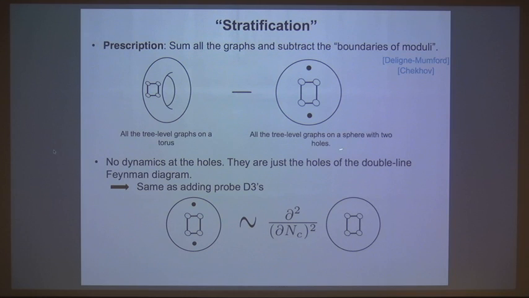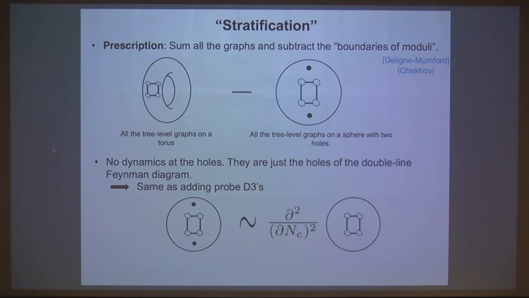And then if you really want to do the computation using this picture, then you also need to know what these holes are. But first thing I can say is that because this came from the pinched torus, there are basically no dynamics at the holes. And another thing you can see is that if you start from drawing the planar diagram on a torus and then go to this pinched limit, then you can immediately see that these holes are nothing but the faces of the original double line notation of the Feynman diagram.